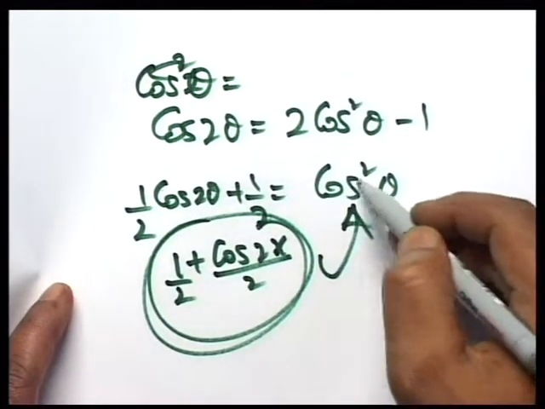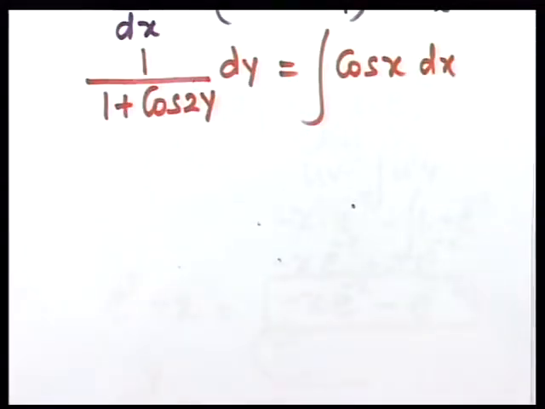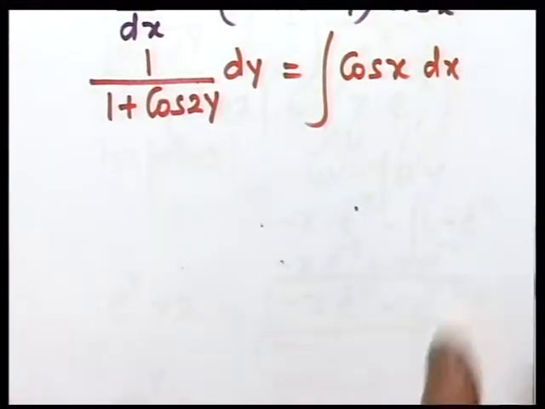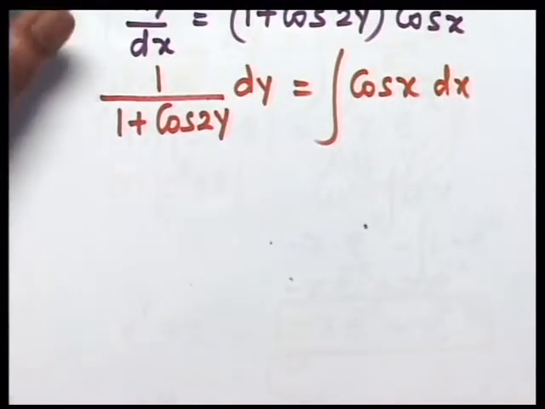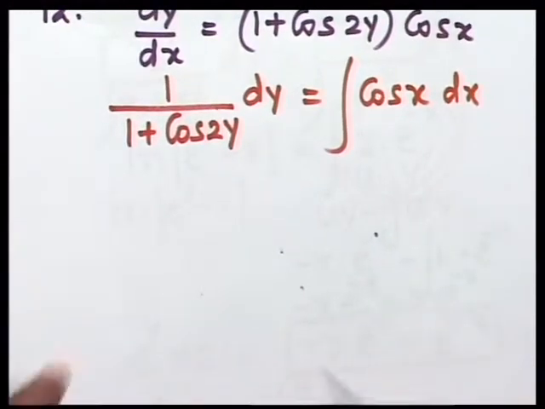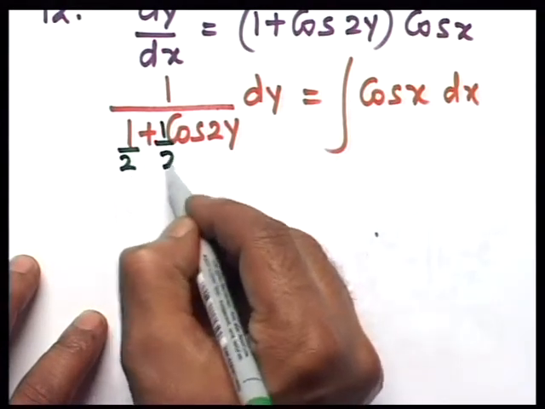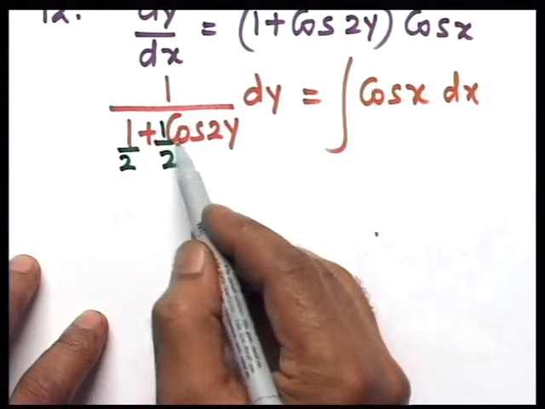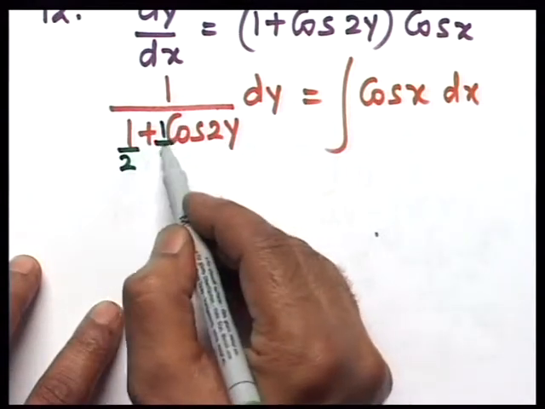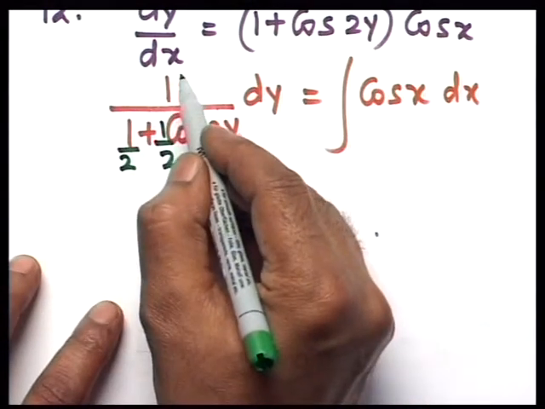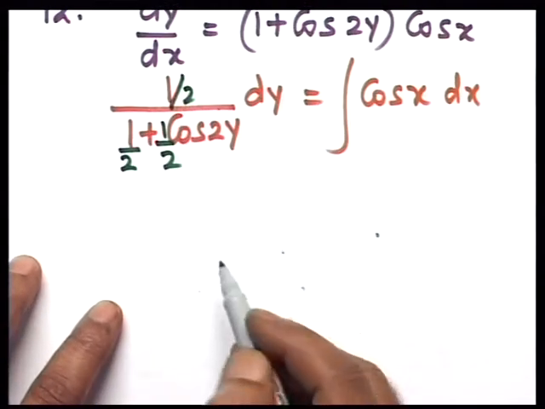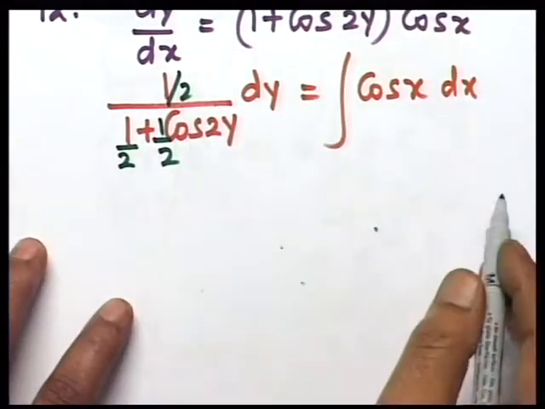Then we will be able to integrate this. So that's a very, very important method. Very nice question, really. See how we do this slowly, right? So I'm going to divide this by 2 there. Divide by 2 here. Watch. So it's a half plus half cos 2y. When I do that here, the numerator also I have to divide by 2. So there is a half. So my question now becomes